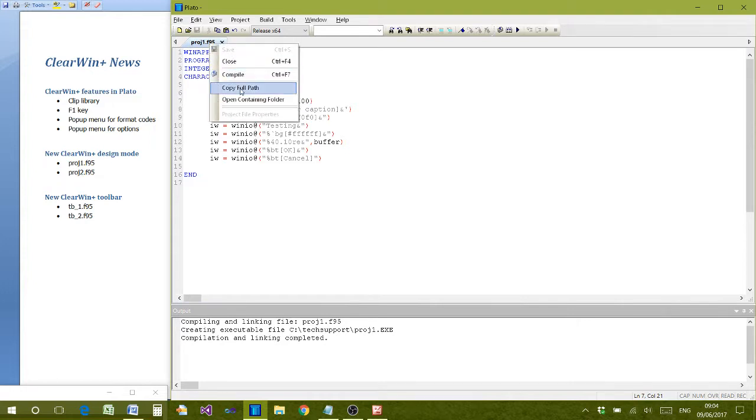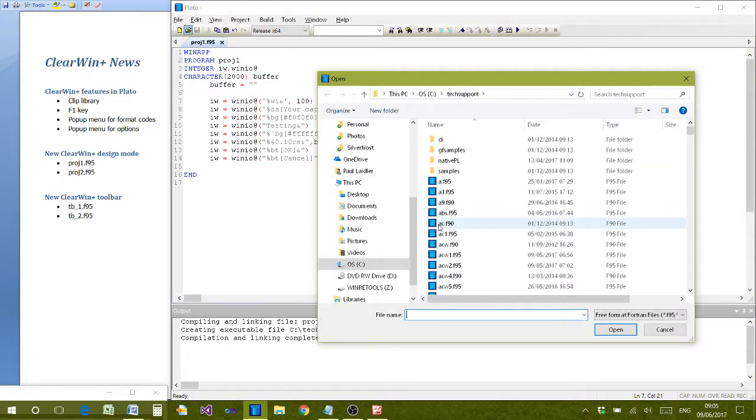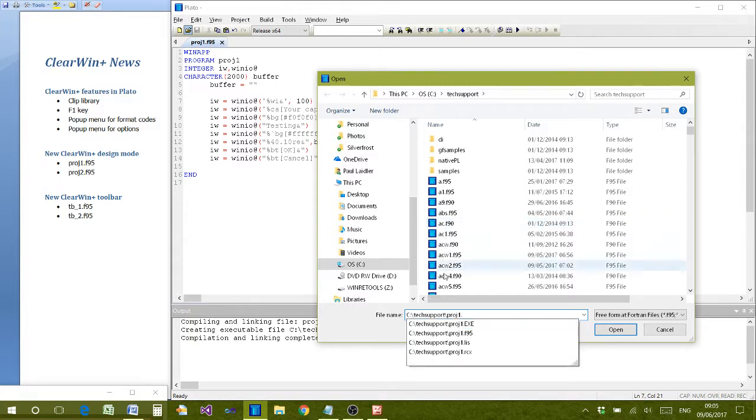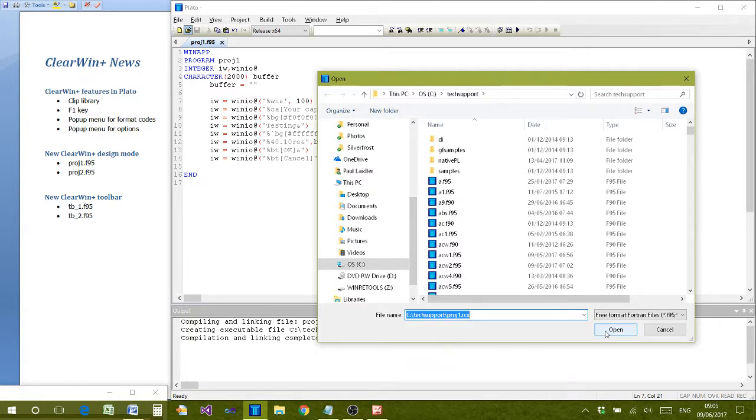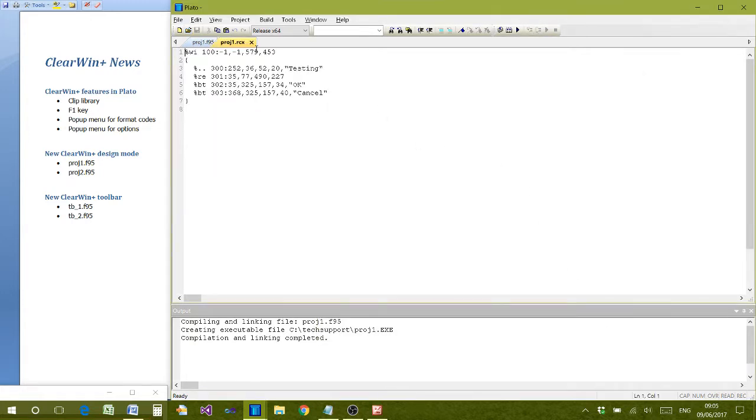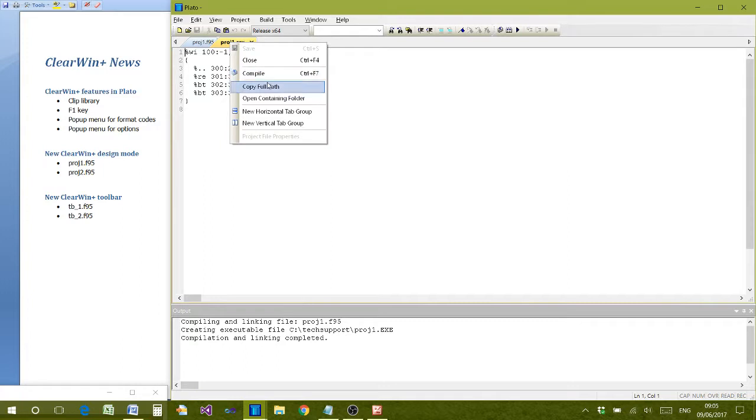If I just take the current path and open the file, then you'll find that it appears here alongside the executable, alongside the exe file. You've got an RCX file. That's the file that's been created by the design, and if we just open that and have a brief look at it,